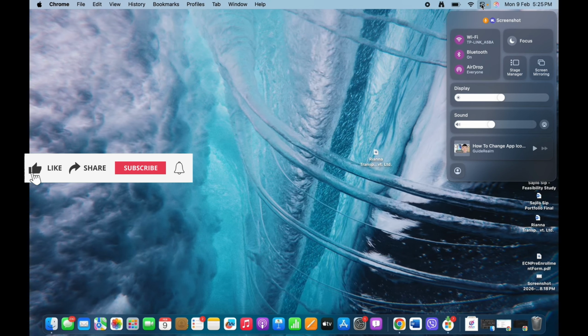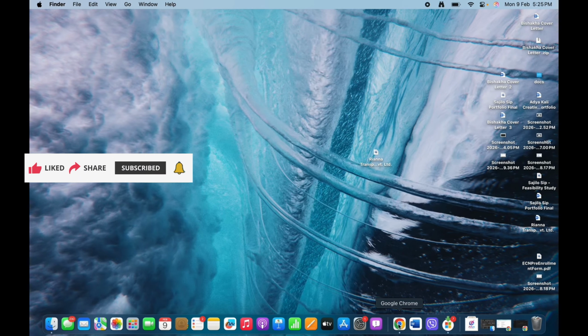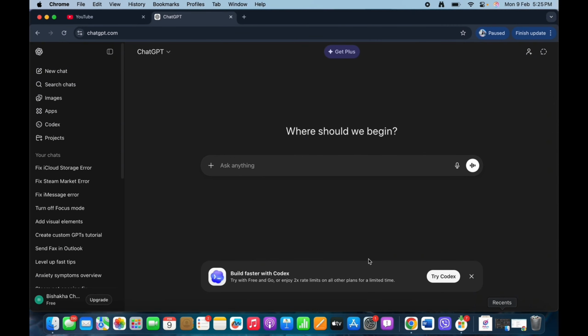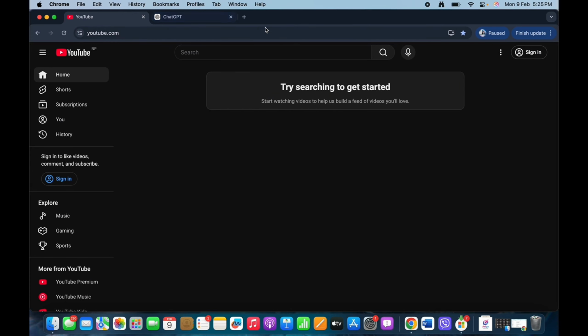If not, then if you are connected to any type of VPN or proxies, go ahead and disable VPN and proxy for the time being, as YouTube blocks unstable VPN IPs. See if that helps, and if not, then you can try to open YouTube in incognito mode or private mode for